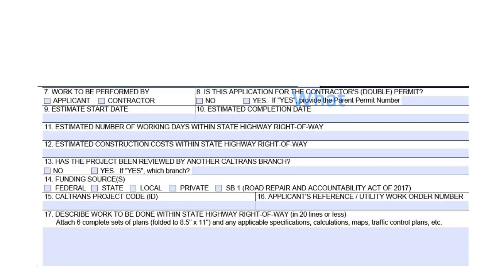Question 17 is where you will describe what you want to do on the state highway system. Your project description should include as much detail as possible. In general, more details are preferred over less details. Your description can range from a paragraph to a full set of engineered plans with calculations, depending on the complexity of your project. If we need to ask you for additional information to determine project viability, it might delay our review and your permit. So please provide accurate and complete information to thoroughly describe what you intend to do and the potential impacts on the state highway system.